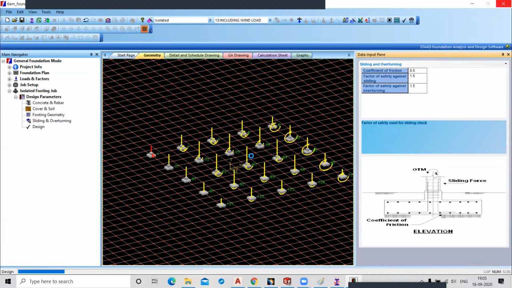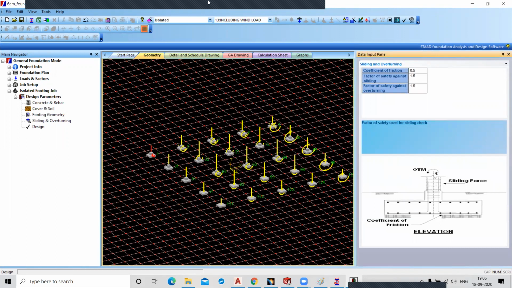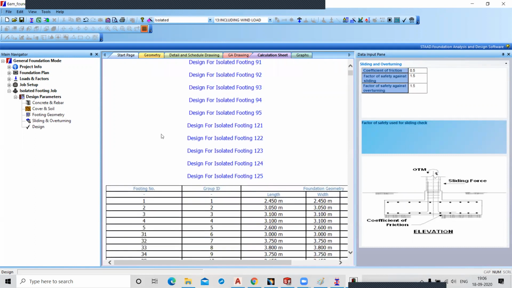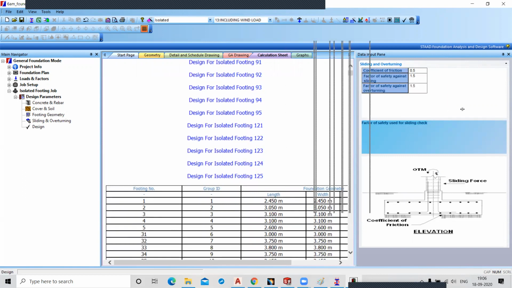The designing is going on. See, the designs are here for the isolated footing 1. Each and every footing is here. Yes or no? Yes.